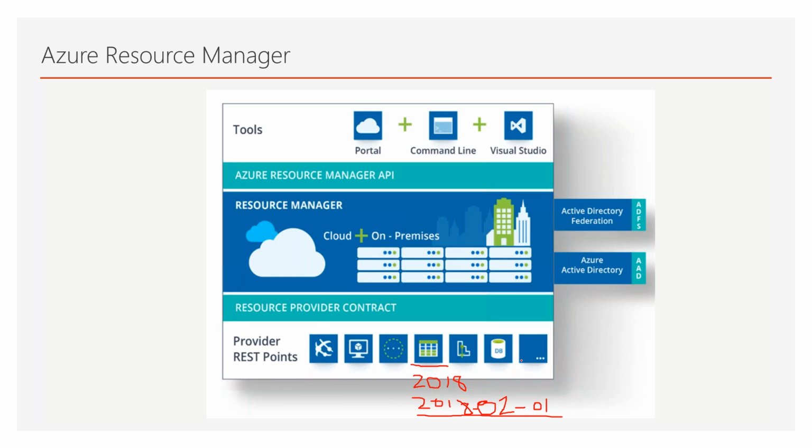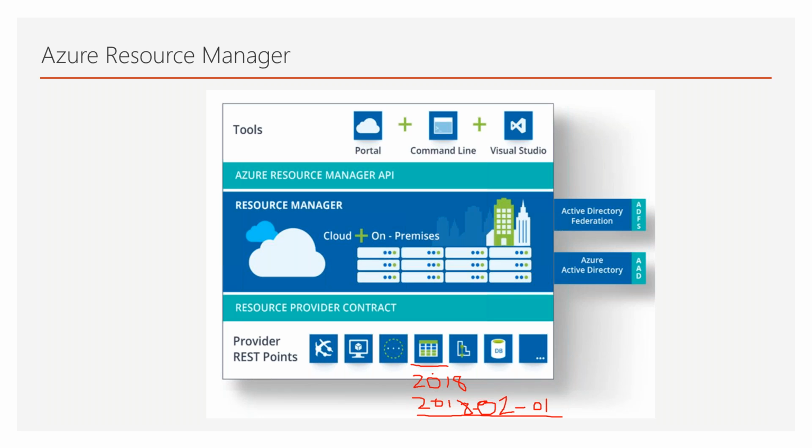So what you need to know, in fact, when we were deploying that through the portal, it always picked up the latest version. Right, so these are the APIs or the versions of your storage account. Whenever we were doing it from the portal, it always picks up the latest version.